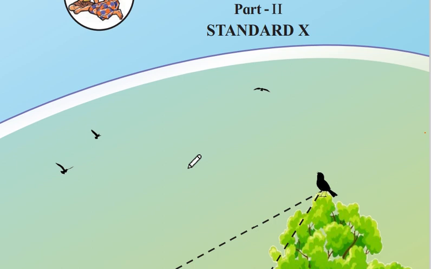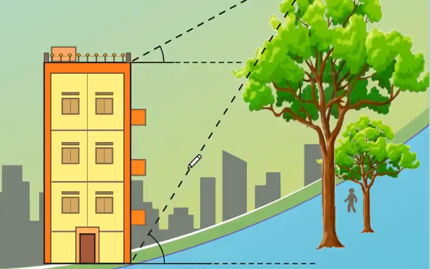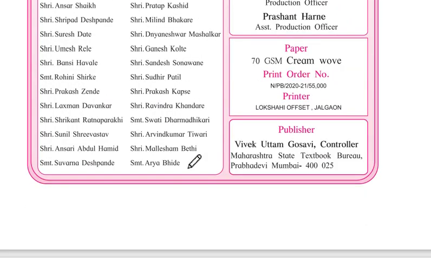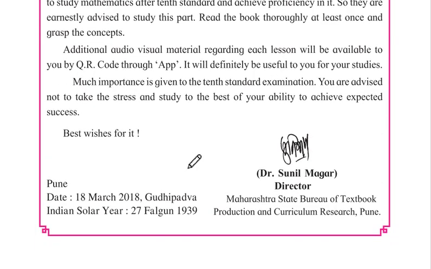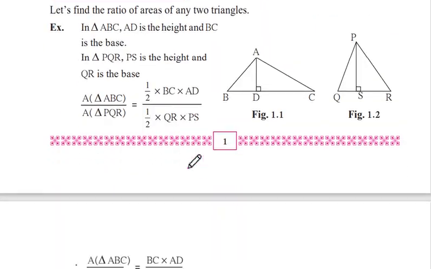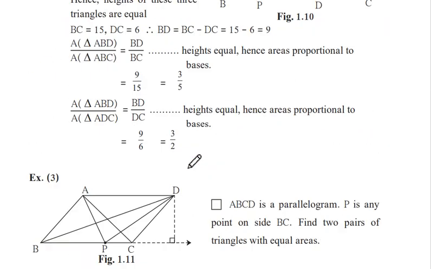So we'll do today geometry part 2, mathematics. Directly in this, the first chapter, as we know, is similarity. In similarity, the first 2-3 pages are there. Directly we'll go to page number 8. Page number 8,